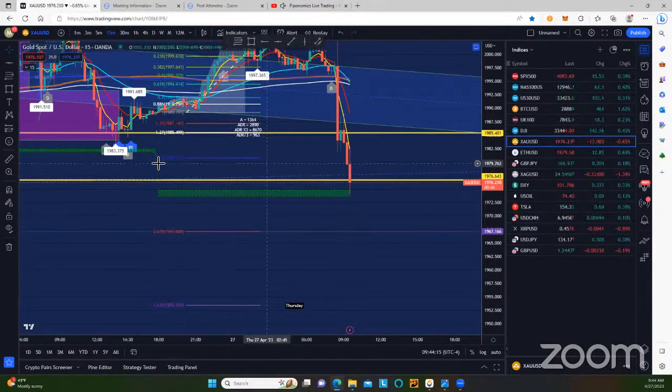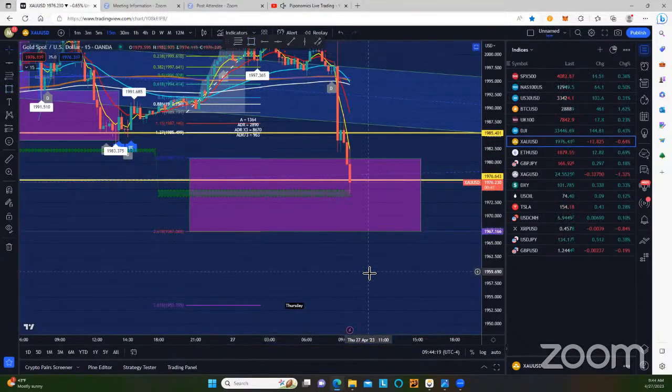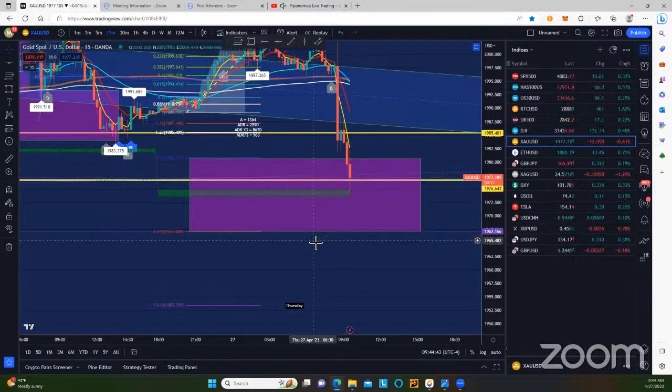This area right here is a tricky area for me. I don't like trading in this area just because it could continue to go down. It can hit that, but it can bounce up. There's like a 1.377, or 1.27 before it gets to the 1.618. But once it starts hitting your extensions, you want to play the extension. You're not going to even take into consideration what's happening with your indicators as far as being oversold and overbought,